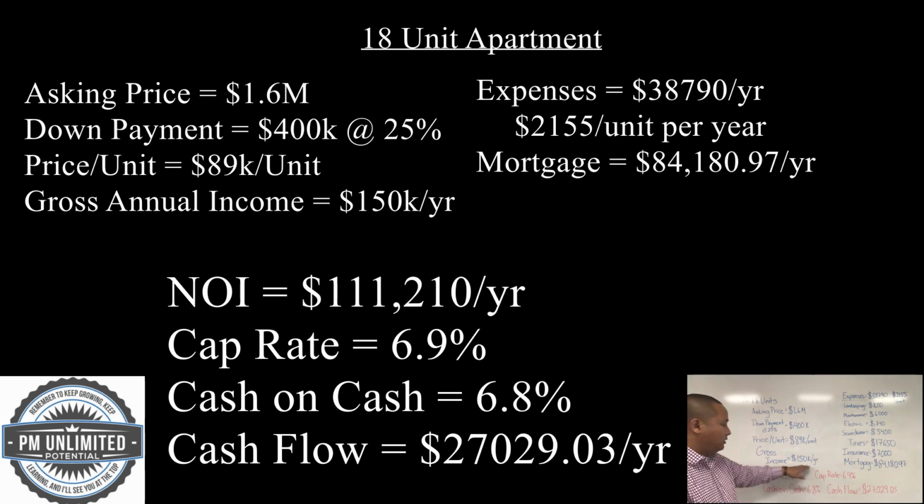The next thing I want to look at is gross income. This was all rental. It's a small complex, so there's not much else, just looking at it as far as what they did for their income. It was all rent, so they were making about $150,000 per year. Now we'll look at the expenses.